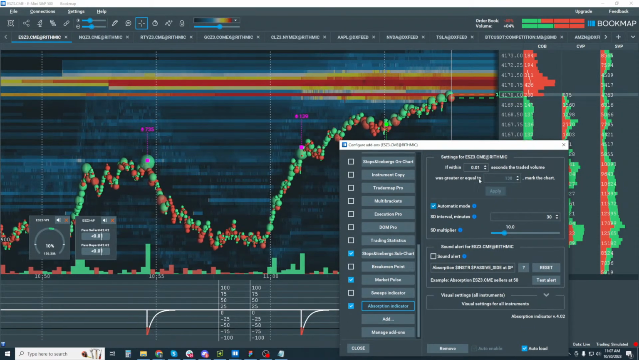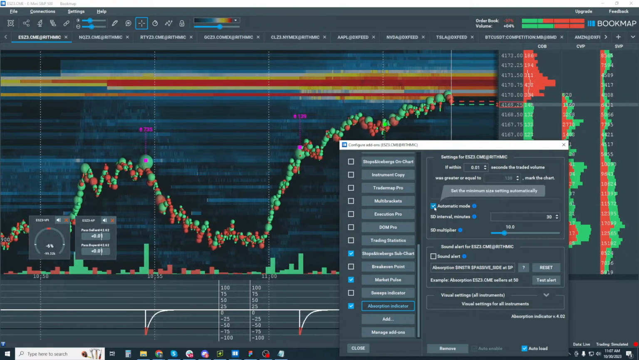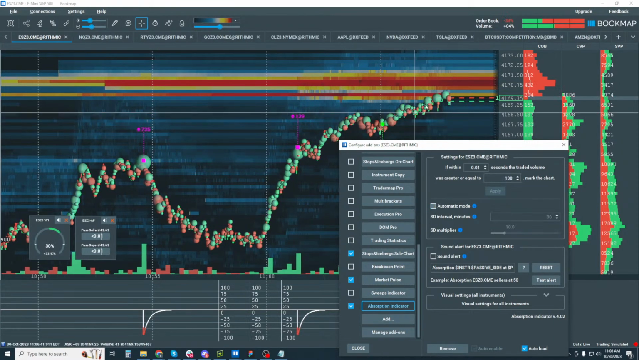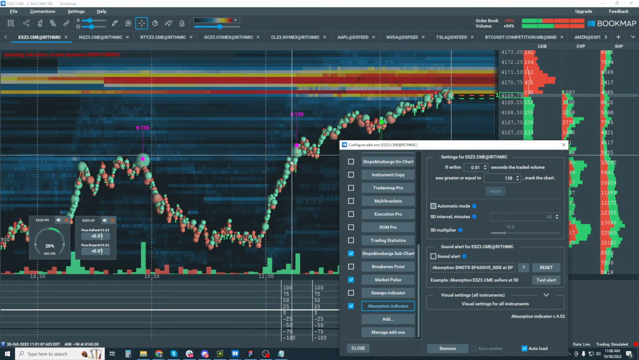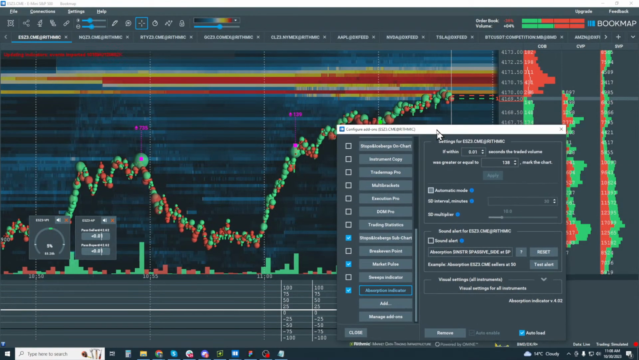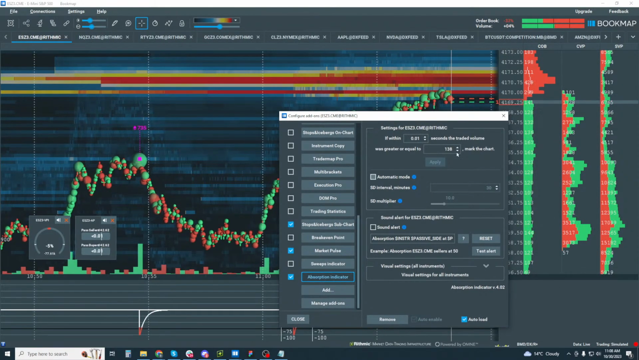Okay, but anyway, if you want a finer reading of this absorption pressure in here, take off the automatic mode, and then you'll see you'll get many readings in here, right? You may or may not want that. If you don't want that and you don't want to see that